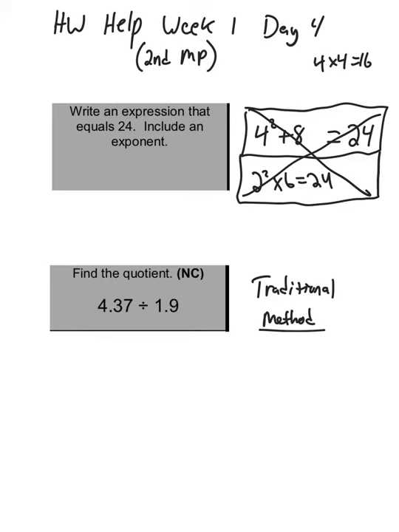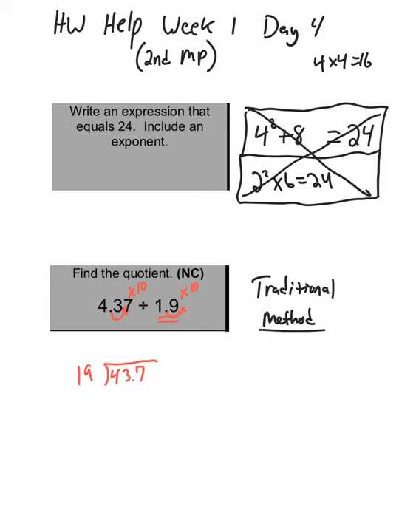Now, for the second problem, this division problem, I'm going to do it on this page using the traditional method. But if you use partial quotient, fast forward through it and watch that one. So starting with traditional, you know you don't want to divide in our algorithm by a decimal number. So you want to divide by 19. And to do that, you have to multiply 1.9 by 10, which moves that decimal over here. Now I'm going to do the same thing to the dividend, move that decimal over there, and I'm going to have